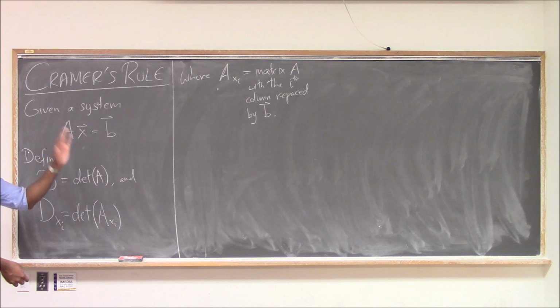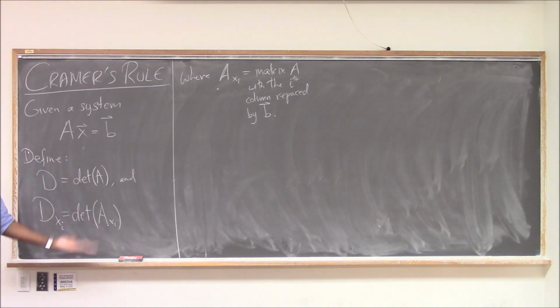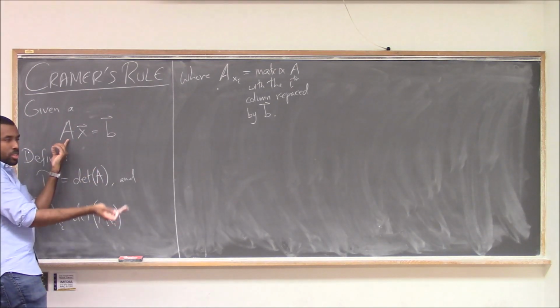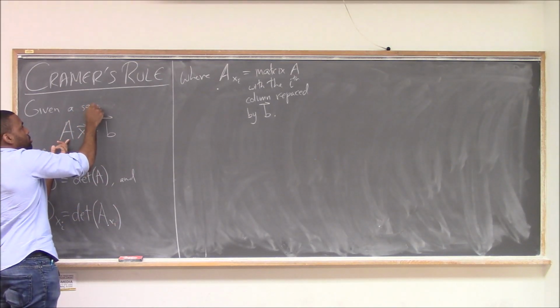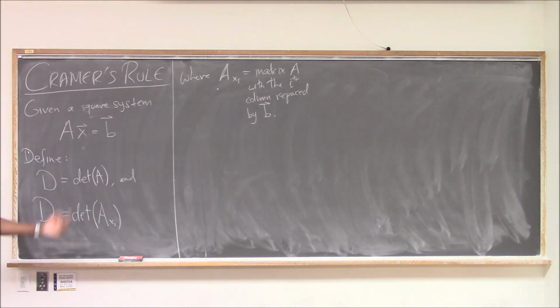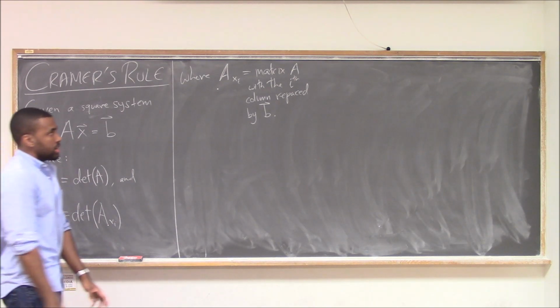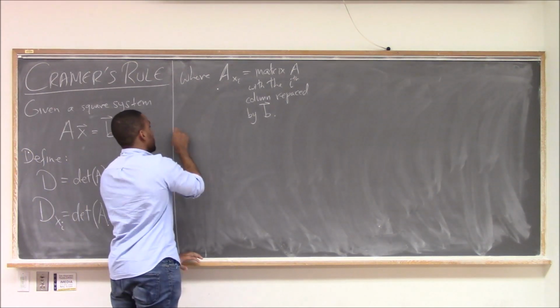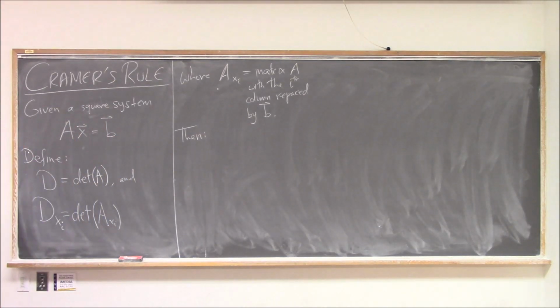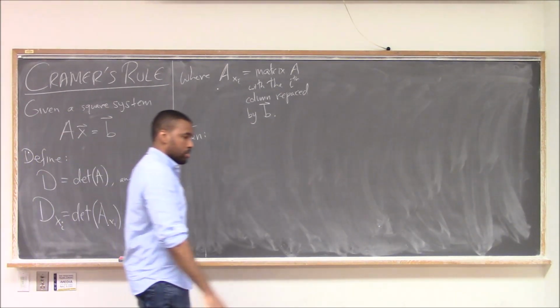And in practice, you'll apply this for like a 3 by 3. You can do this for any size, any square system. So given a square system, of course, if you're talking about determinants, it has to be a square matrix. So you can put in square here. Make these two definitions. I'll show you what that looks like in a little bit. Then,